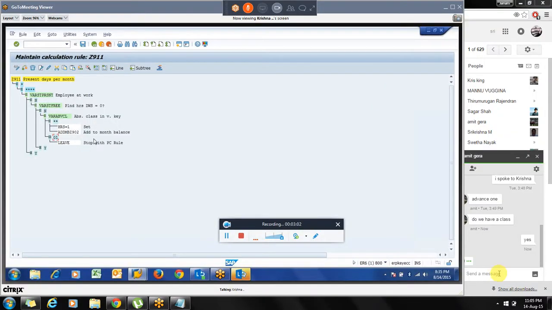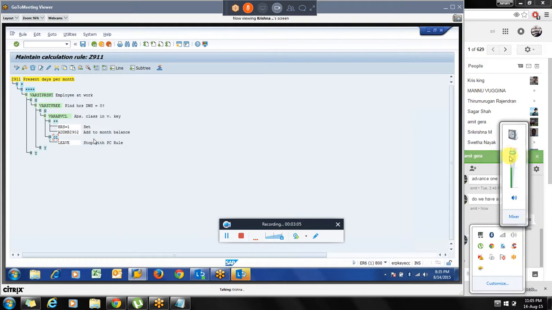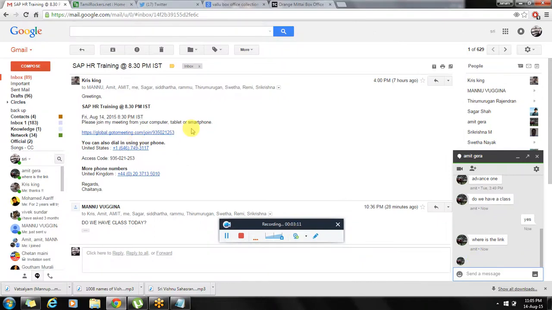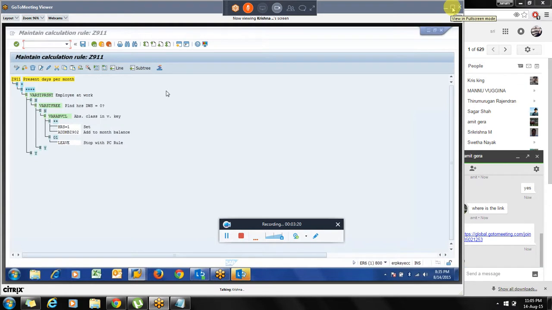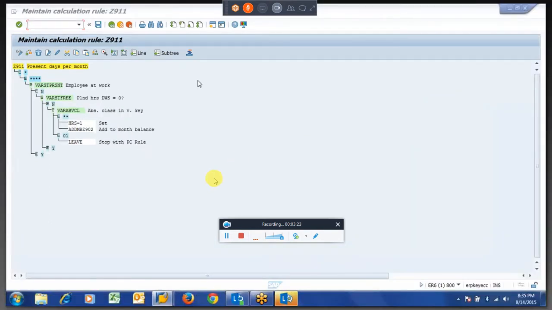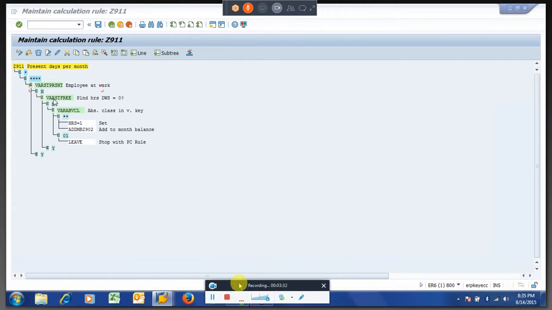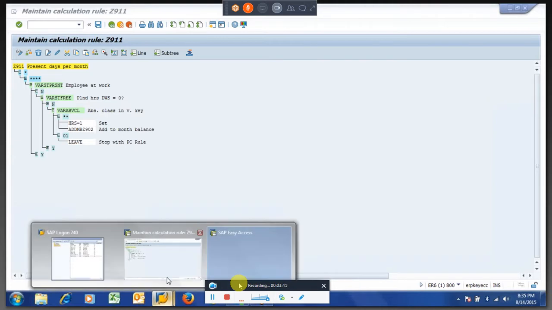Just put this PCR in front of you and write your own PCR. That's what I am telling. Don't study this PCR. Go to a different screen immediately. Whenever you open the system, don't study the schema, because only when you see the process and the output in the log are you able to understand. If you are studying what this is doing, what that is doing, it won't work, really speaking, because I have done all the stuff. What will work for you is to go to a new screen and write your own PCR.